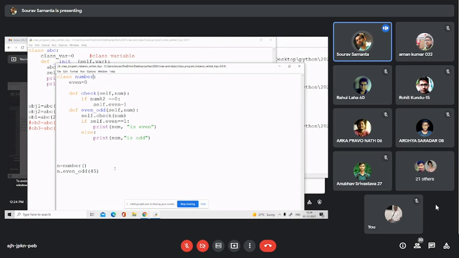Now, as per the even variable value, whether it is 0 or 1, we'll print either that it is an odd number or an even number.